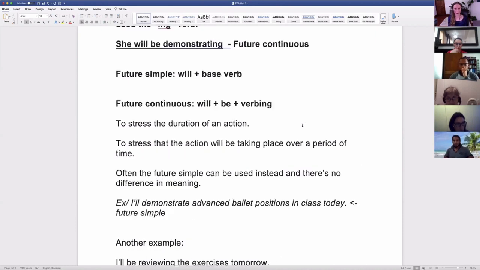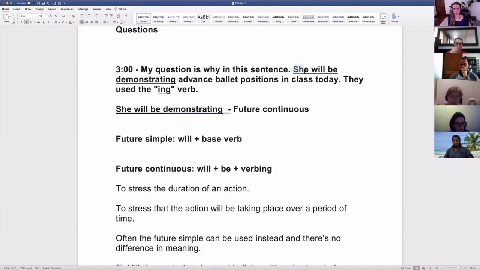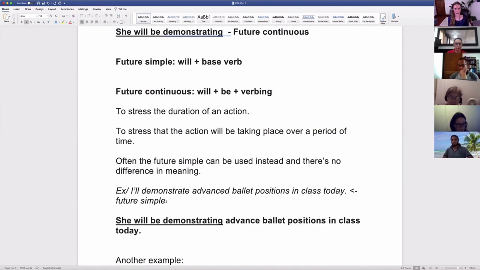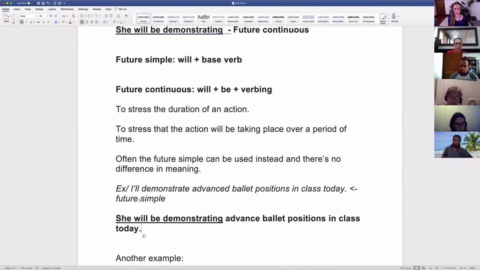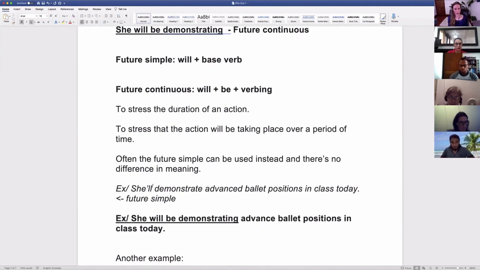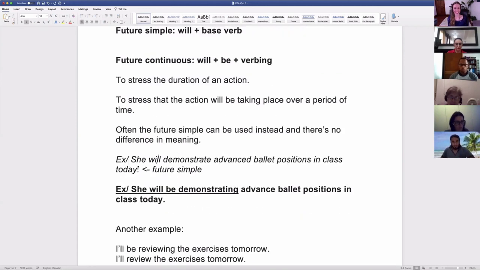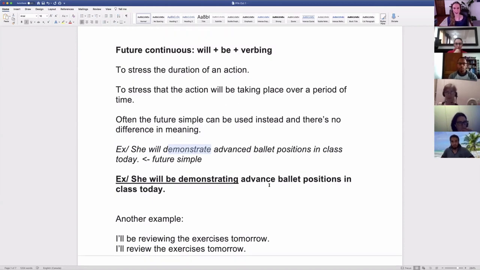Okay, so let me just put it side by side so it's very clear. I guess I should have said she'll to make it the same. And I won't use a contraction just to make it very obvious. She will demonstrate. This is the future simple. Will and base verb. She will demonstrate advanced ballet positions in class today. She will be demonstrating advanced ballet positions in class today. So this is the